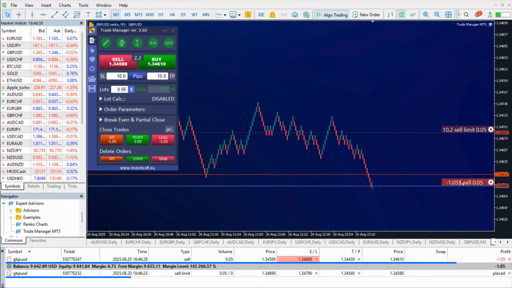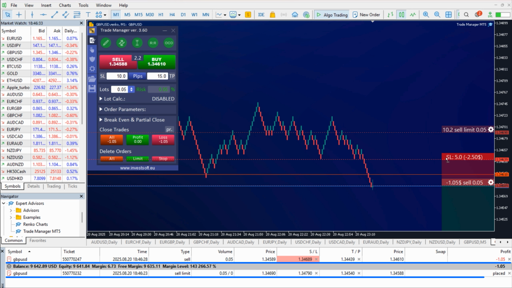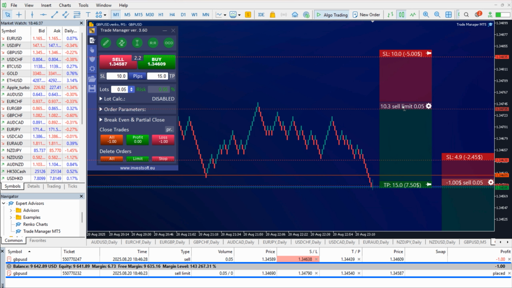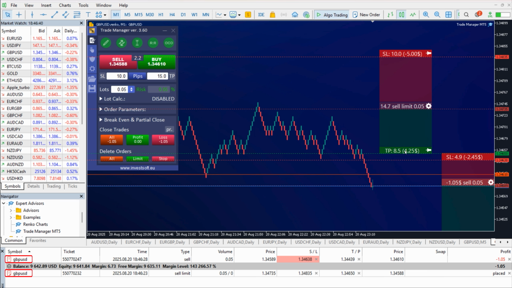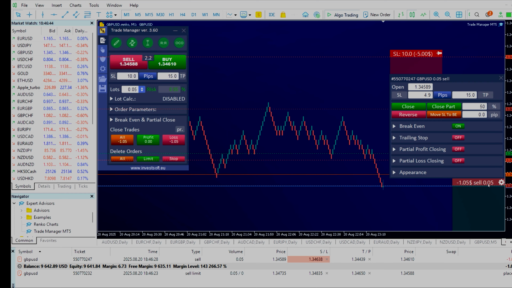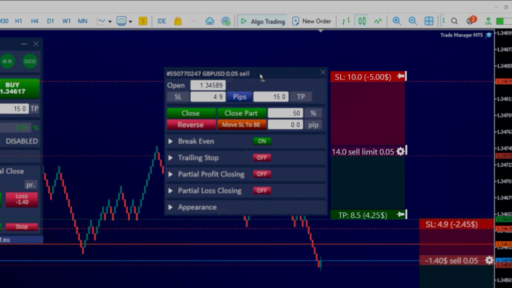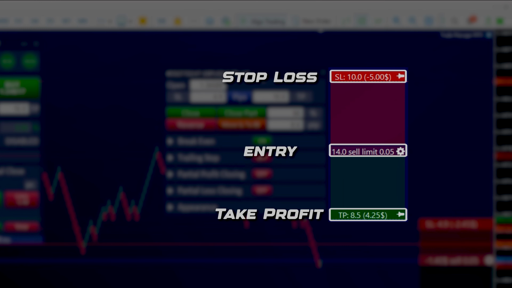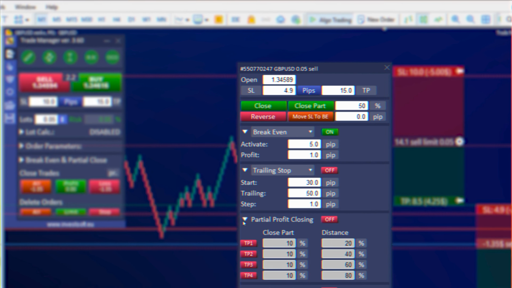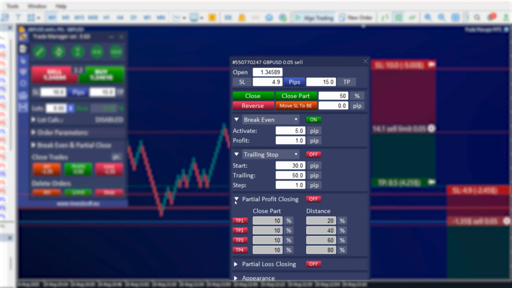I open a few market and pending orders. As you can see, I'm placing them on the Renko chart, but the trades are linked to the base symbol. Thanks to Trade Manager, I can see the entry levels, as well as stop loss and take profit levels, directly on the custom chart. Trade Manager will handle all settings, including stop loss, take profit, break even, trailing stop, and